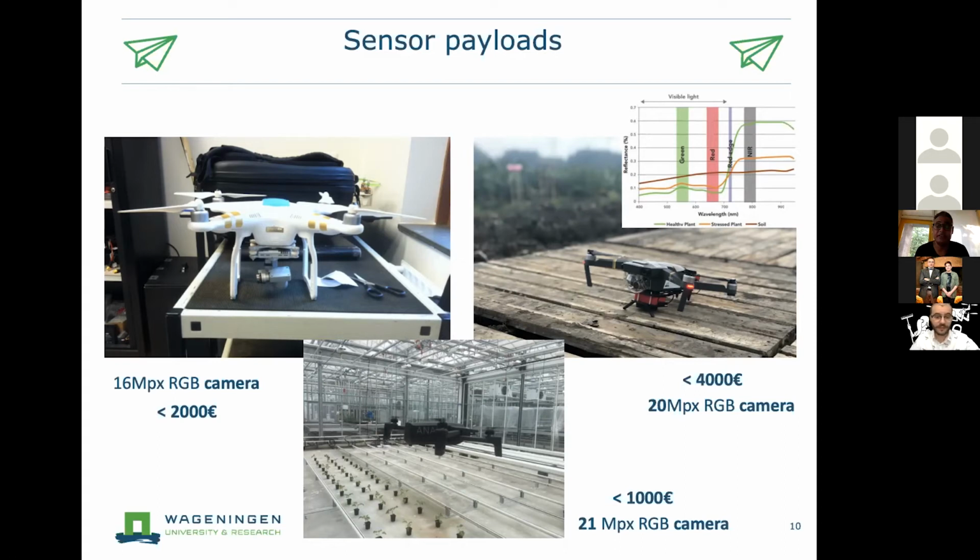And then finally, if you want to spend less than 1,000 euros but still want high quality imagery, you have the Anafi, the Parrot Anafi. Of course, you will say, okay, but how is it possible that for less than 1,000 euros you still get a 21 megapixel camera? Let's also see the timeline of when these platforms came out to the market. The Phantom 3 is an older platform. Then the Mavic 2 came out, and today, with sensor miniaturization and the developments in airborne technology, you can acquire cheaper platforms with high performance.